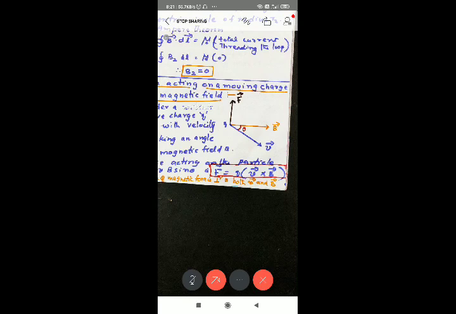Hold your forefinger. All of you hold like that, parallel to B. In the direction of B, parallel to that. Hold it in the same direction, arrow mark in the direction, forefinger and the nail